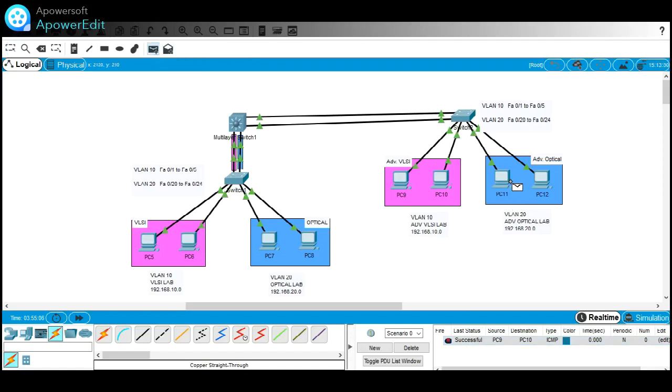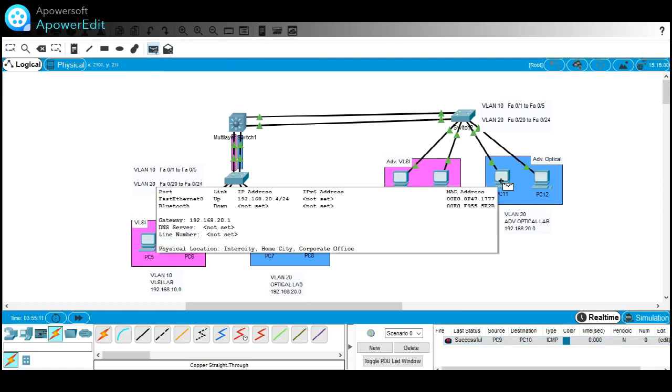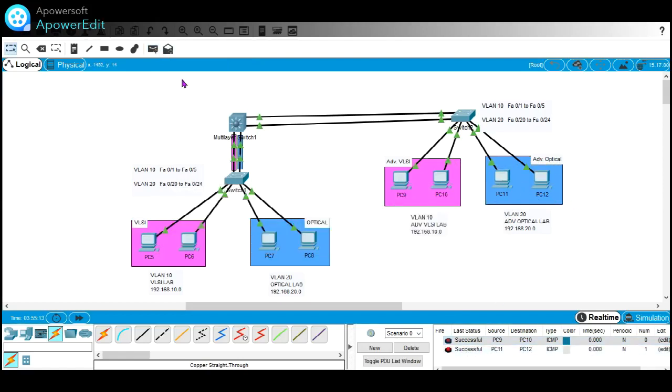If we try to communicate the PCs of our advanced optical lab, that is successful. And if we try to communicate PCs of two different labs, that is also successful. If we try these two PCs, that is also successful. Now we have already seen that the communication between this part is successful. Okay, so we have successfully completed this part.